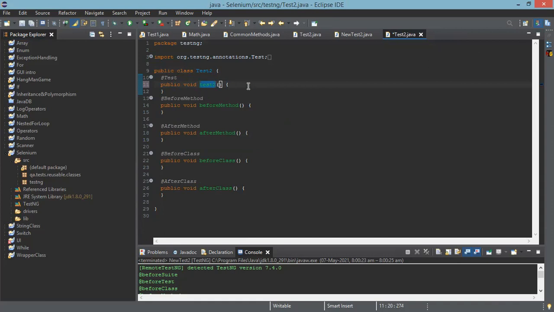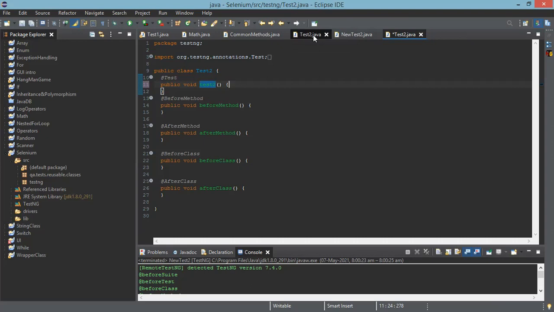Now, in that, what is the first one? In before class, what did I ask you to keep? Launching the browser. Earlier, when I showed in the Excel sheet, what did I tell you: at the scenario level you have before class, where you will have launching the browser, yes or no? Connecting to DB is for functional testing. Remove that from your brain. We are saying that is at the test level, so don't get confused.